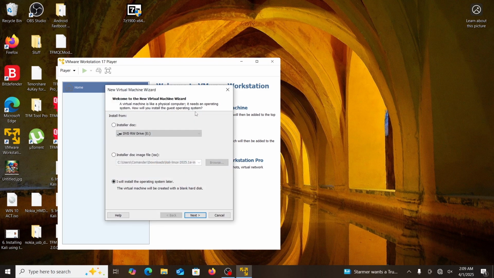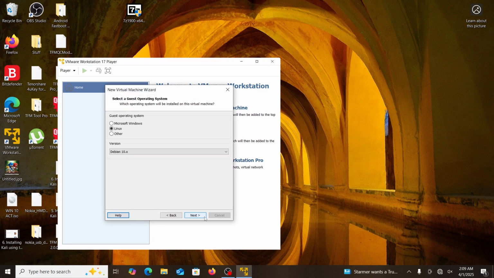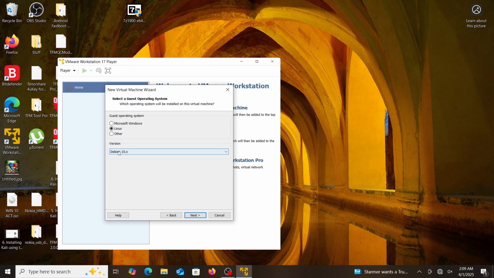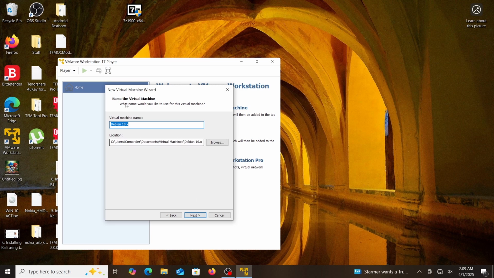On the next screen that pops up, VMware will ask which guest operating system we want to install. Select Linux, and for the version selection, use the drop-down box options and select Debian 10X, then click Next. Next, VMware will ask you to name your virtual machine. For the name type Kali, below this selection, VMware will ask which location you would like to store your virtual